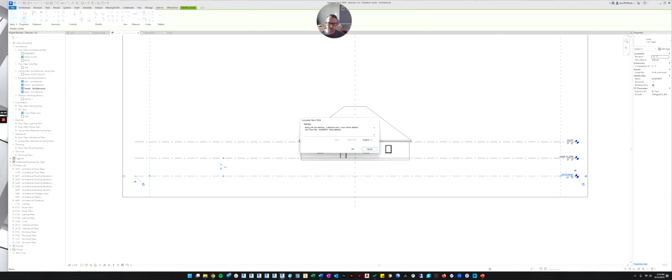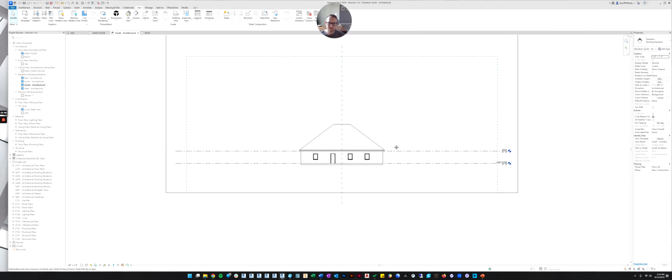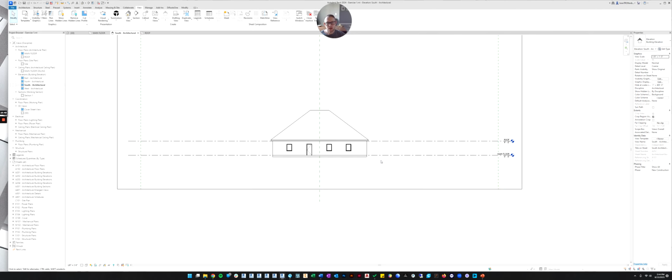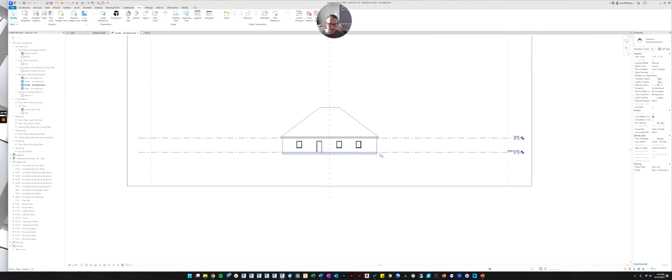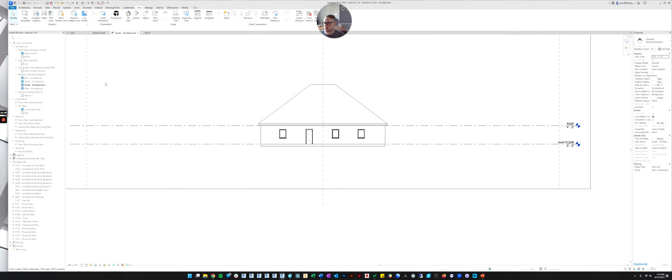And it's going to tell me it's going to delete a couple items that are associated with the basement, including the view we just made. So we'll click OK. So now you can see the basement floor plan's gone, and so is the level. So that's unfortunate. But we can still remake it. So that's what we're going to do.